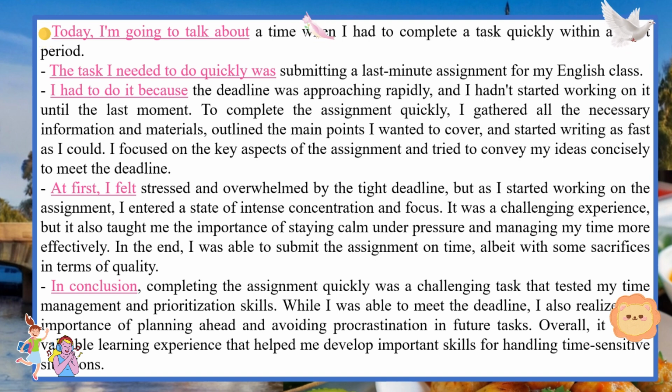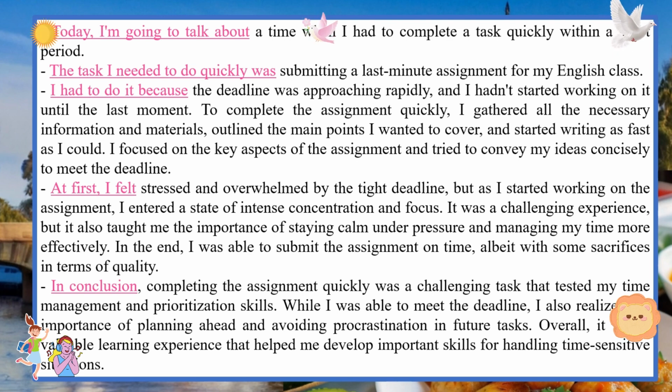I focused on the key aspects of the assignment and tried to convey my ideas concisely to meet the deadline. At first, I felt stressed and overwhelmed by the tight deadline, but as I started working on the assignment, I entered a state of intense concentration and focus. It was a challenging experience, but it also taught me the importance of staying calm under pressure and managing my time more effectively. In the end, I was able to submit the assignment on time, albeit with some sacrifices in